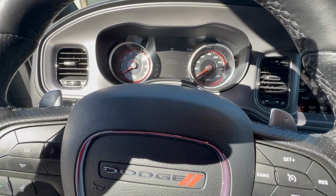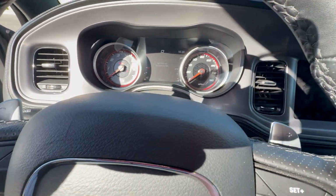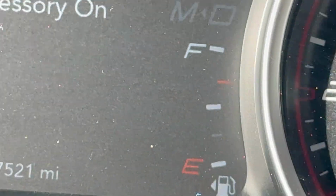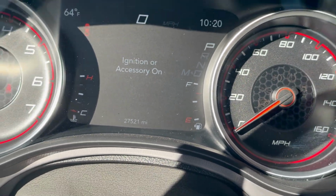All right, so one of the things I dislike about this car is the gas. Oh snap! I went too far. Is the gas mileage. Now I understand you buy a muscle car, you can't expect good gas mileage. I know, but I put gas in this car every day since I've owned it,